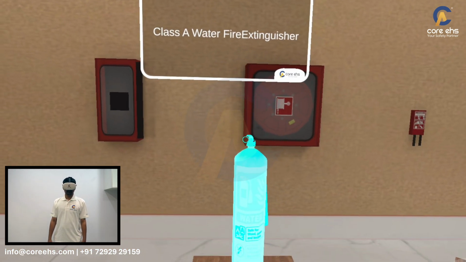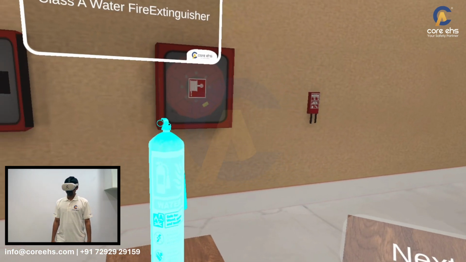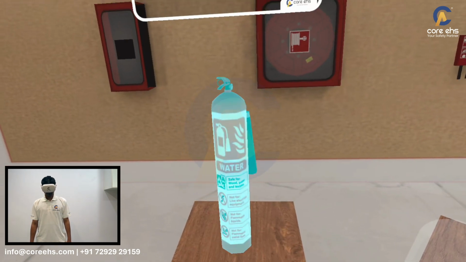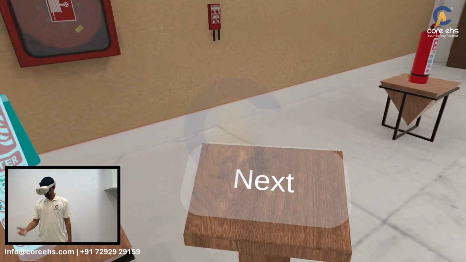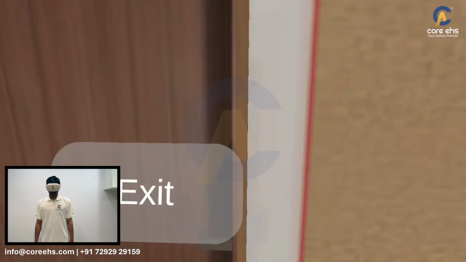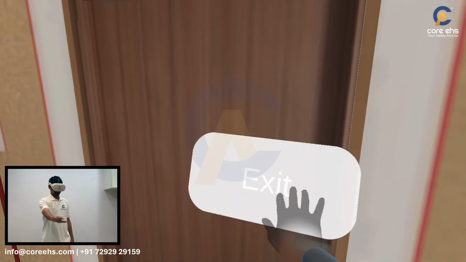Typically use water or dry chemical agents, like monoammonium phosphate, to cool the burning material and suppress the flames. Click on the next button to proceed. Click on the exit button to proceed to